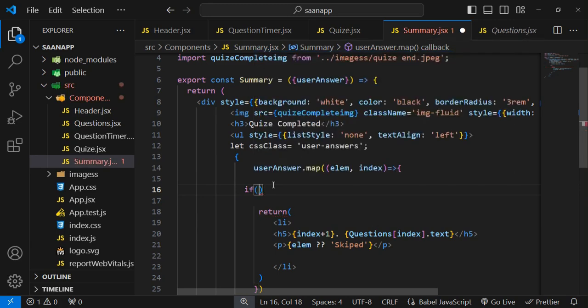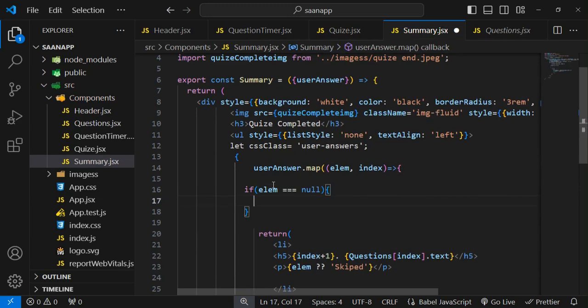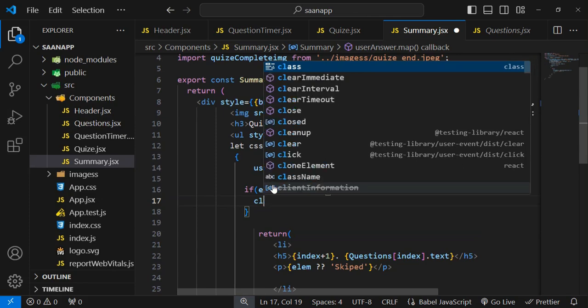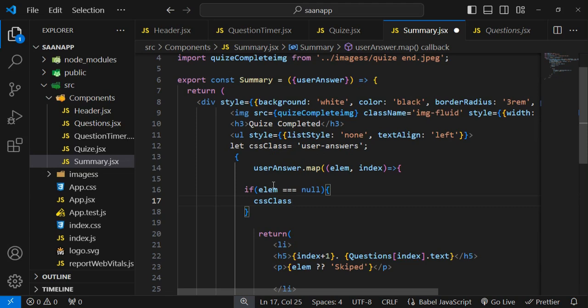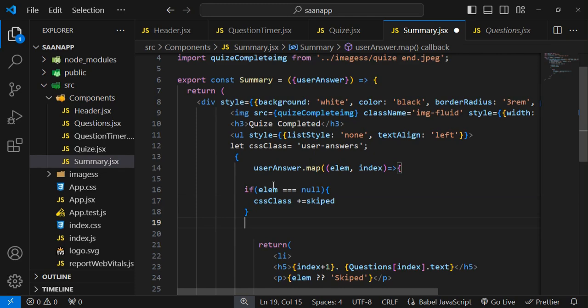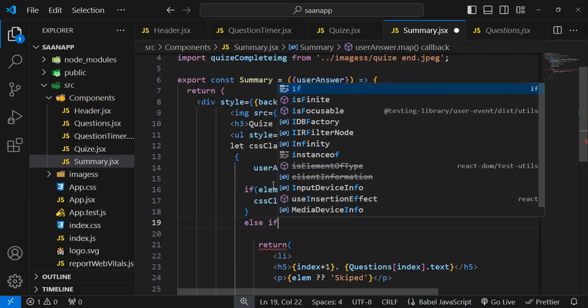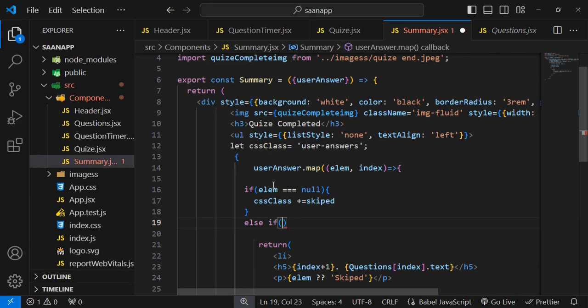If element is equal to null, then its color will be as CSS class plus equal to skipped, and here I'm just typing else if element is equal to